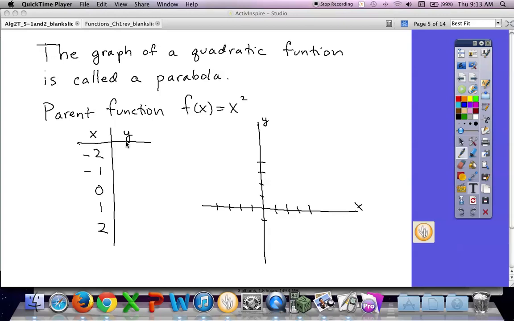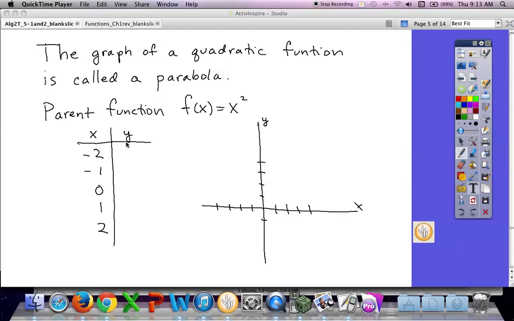Okay, the graph of a quadratic function is called a parabola, right? Now, in terms that we used in the last chapter, which had absolute value, the parent function of the quadratics is f of x equals x squared. That's the most basic function. And in order to just see what we are talking about here, we'll plot a few points and see what